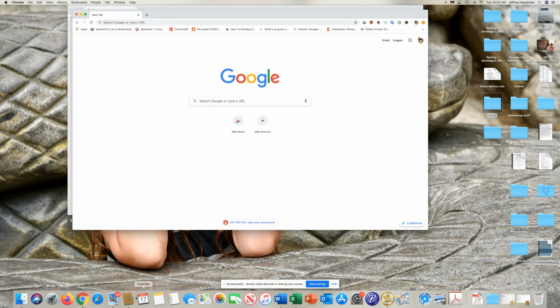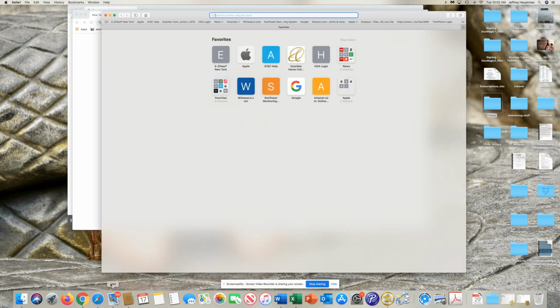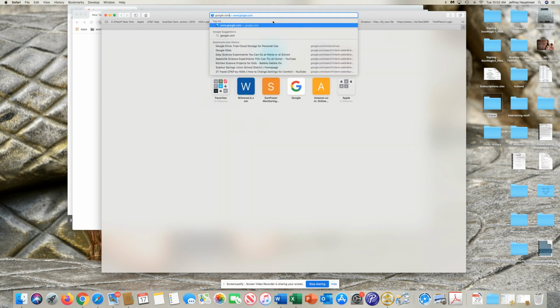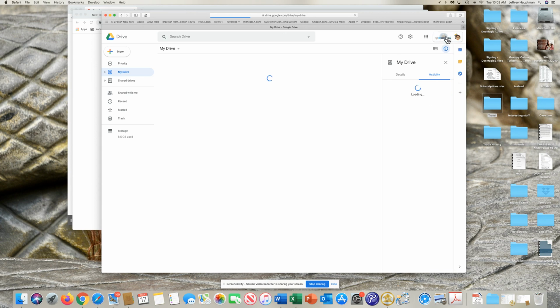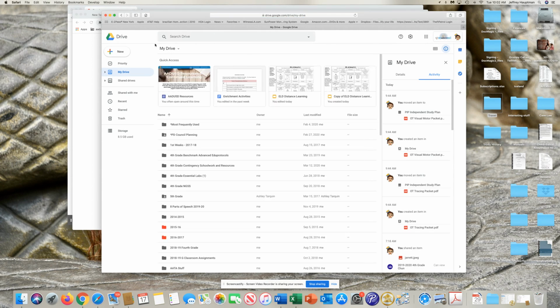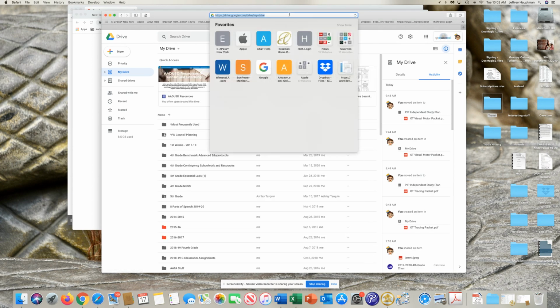If you are using a different browser, say you're using Safari, you can just go to google.com/drive, go to your Google Drive. I'm already signed in, but it would ask you to sign in. Or you can go to